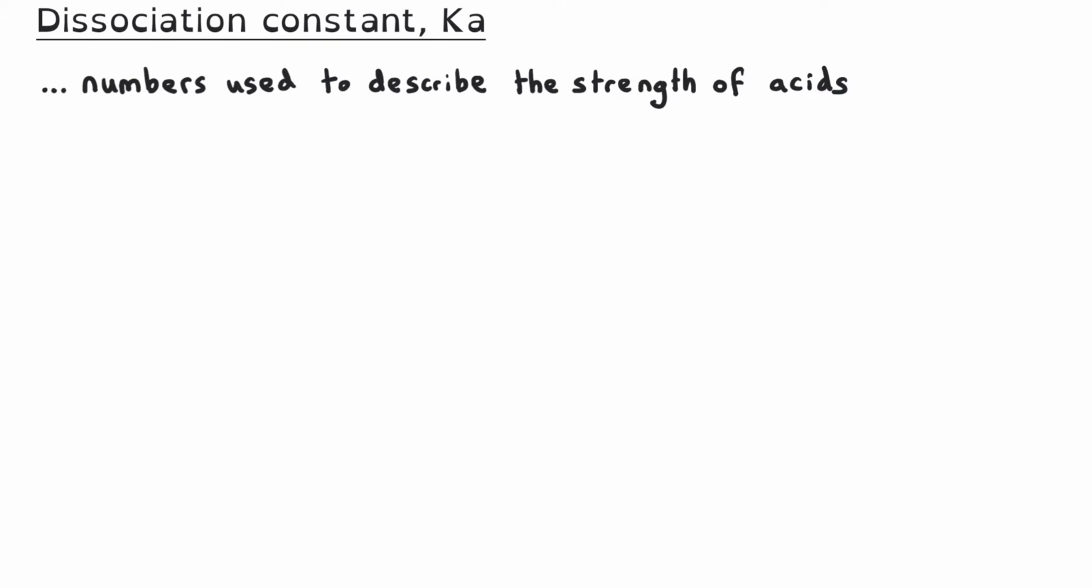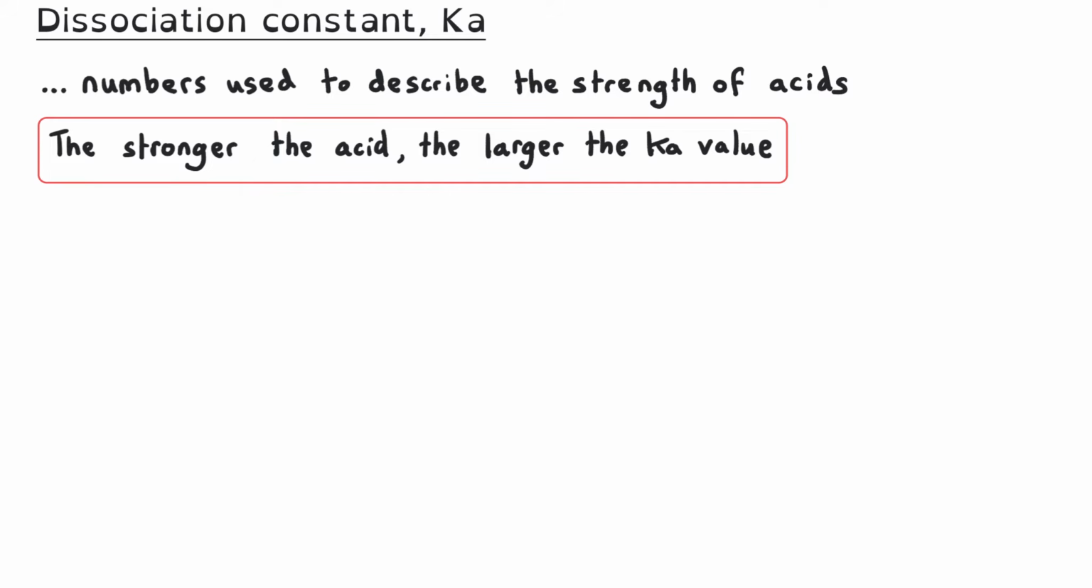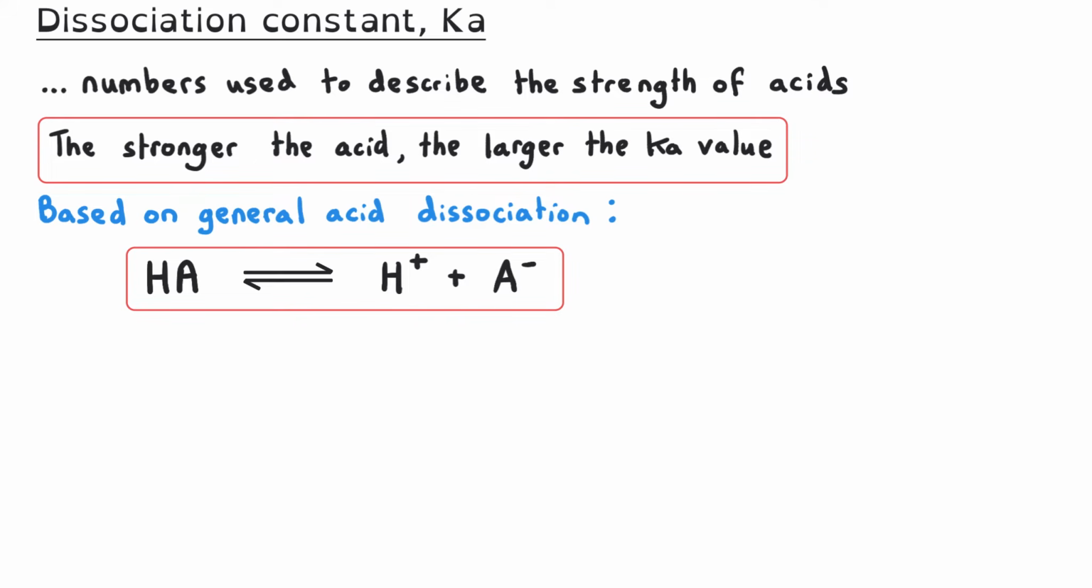Acid dissociation constants are given the symbol Ka, and they are numbers used to describe the strength of an acid in an acid-base equilibrium. In general, the stronger the acid is, the larger its Ka value will be. These values are based on the dissociation of the acid from the undissociated or unionized form into a proton and a conjugate base. In general, this dissociation can be represented by the equilibrium that I'm showing here,